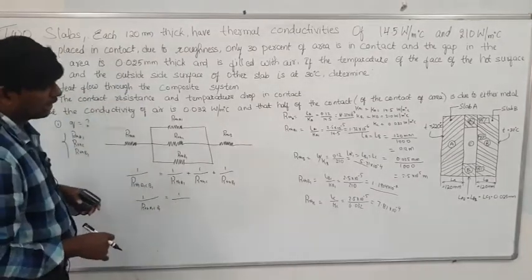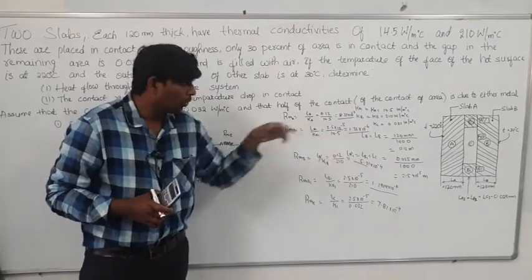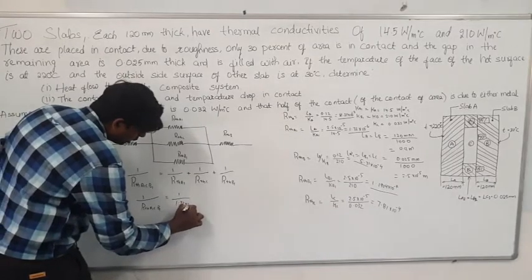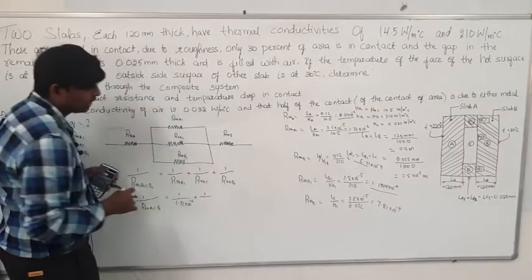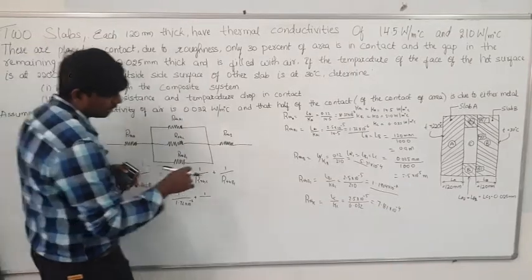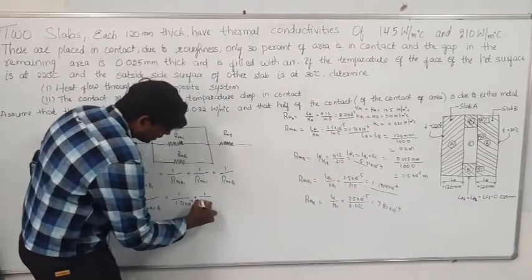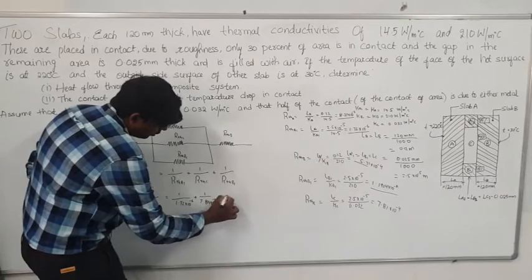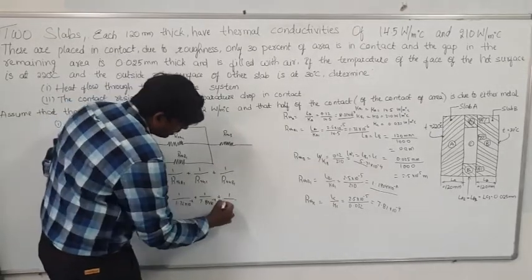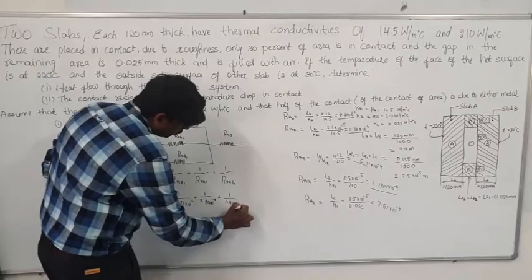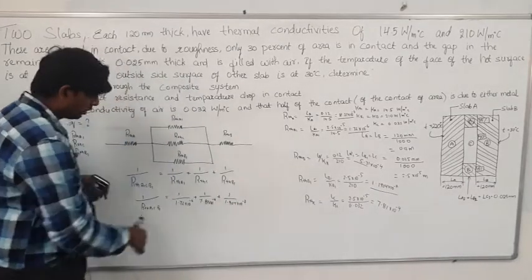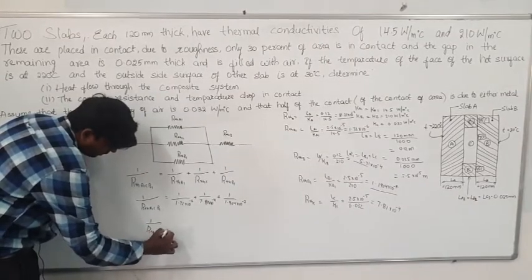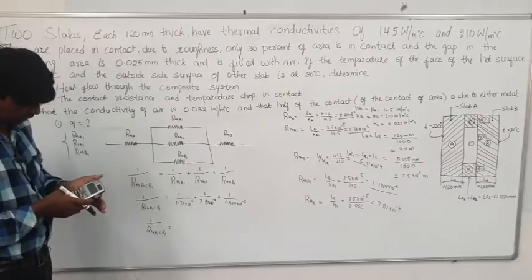What is the value of RTH A1? Just now you got the value of RTH A1: 1.72 into 10 to power of minus 6. 1 by RTHC, RTHC last value is 7.81 into 10 to power of minus 4. Next one, RTHB1 is 1.904 into 10 to power of minus 7. First try to solve this value. Write down like this as it is. RTH A1 C B1 is equal to. With the help of calc, first try to solve this value.